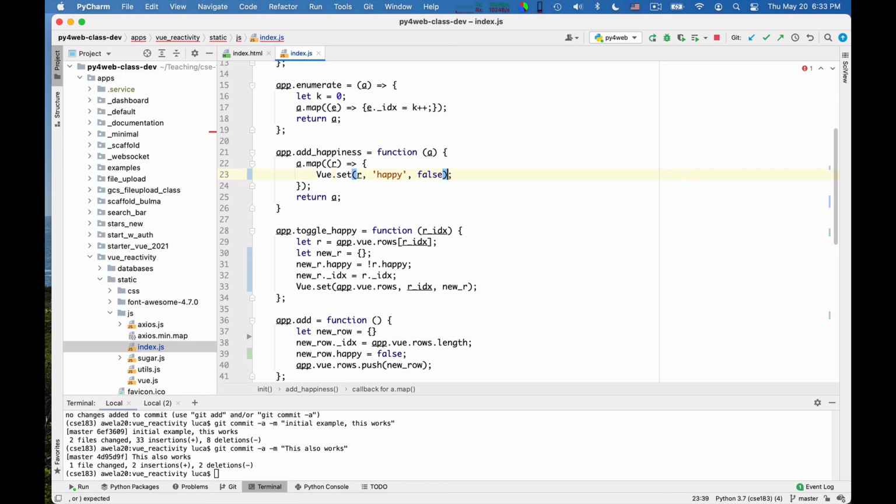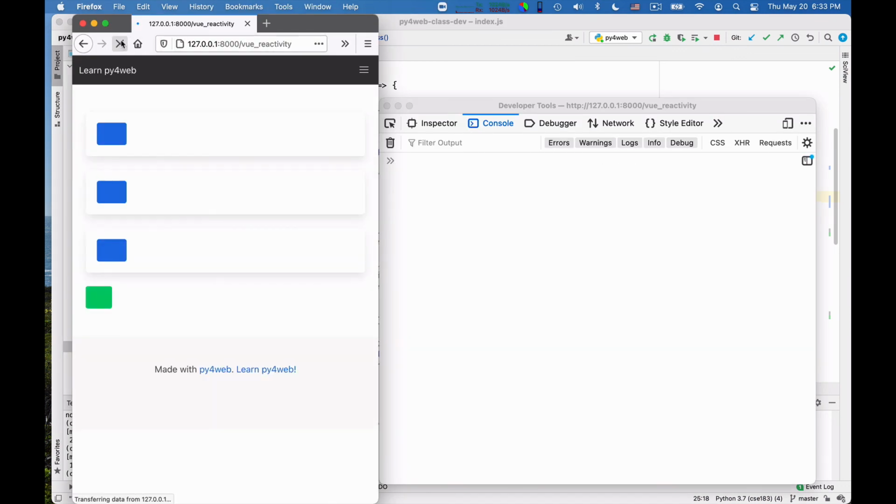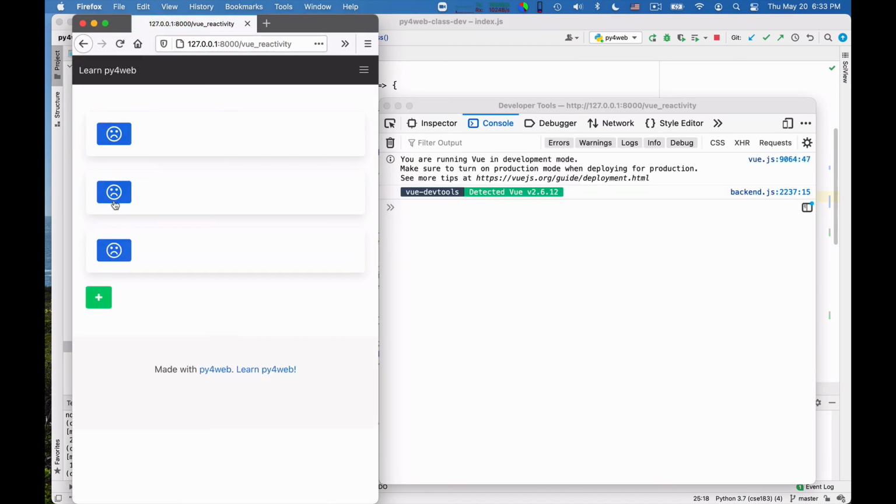So essentially Vue set is a safe way to do assignments to either attributes or array elements. So let's give it a try. And this works.